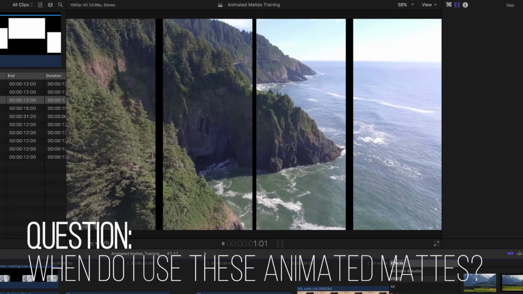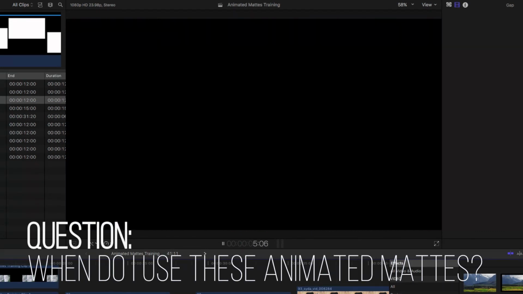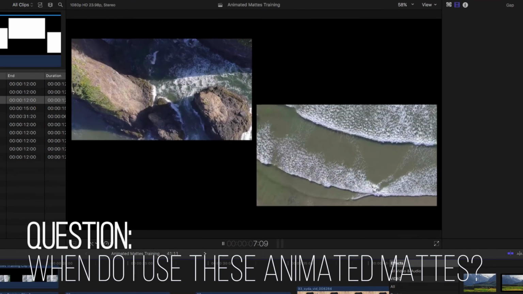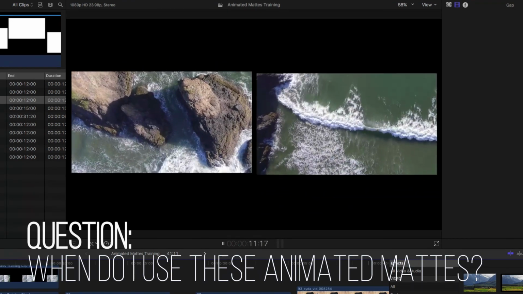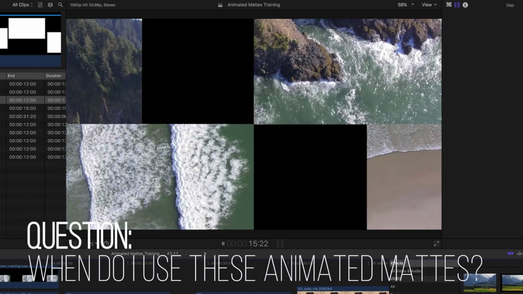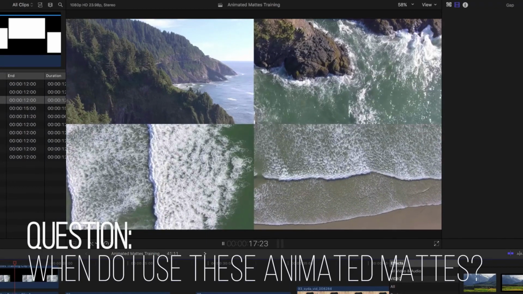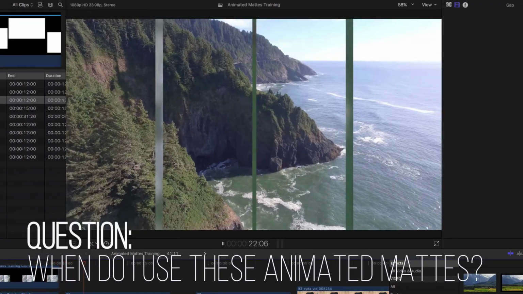Now, we get this question asked a lot. When do I use these animated mats? When's the appropriate time? Well, the answer to that is anytime you like. Use a mat to highlight a scene. Maybe use the multiple mat pieces to showcase multiple videos of one subject. Remember I was talking about if you go into a zoo, you could put 1, 2, 3, 4. Seriously, these animated mats can do so many things. So experiment, have fun, and make your video get